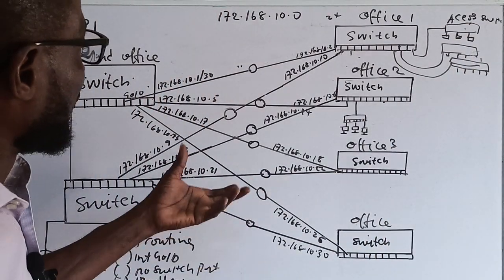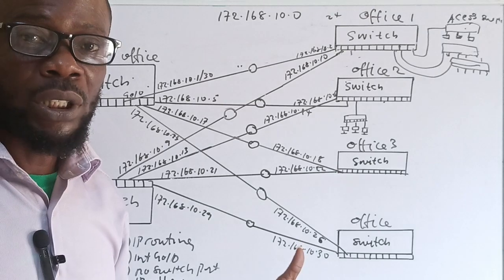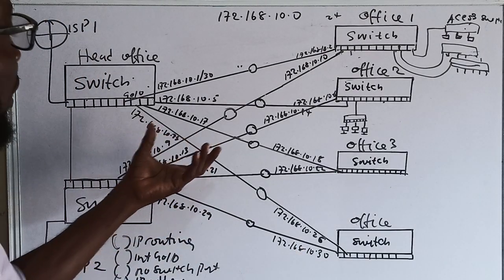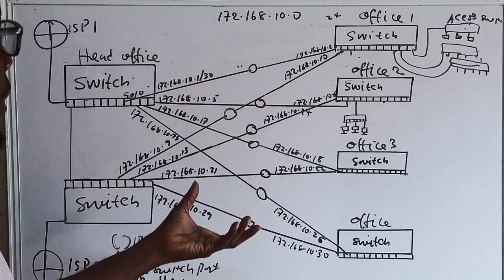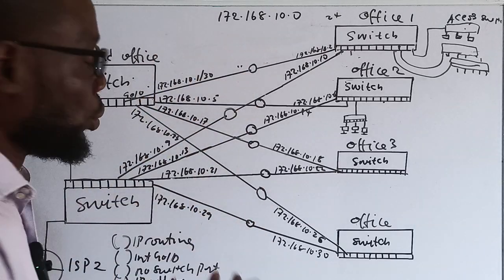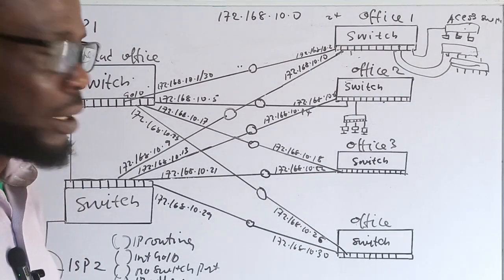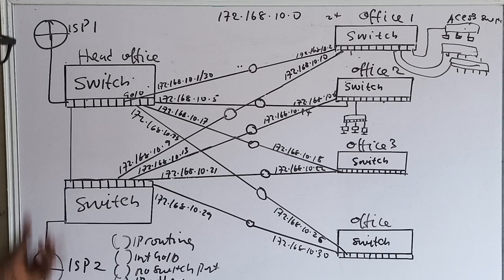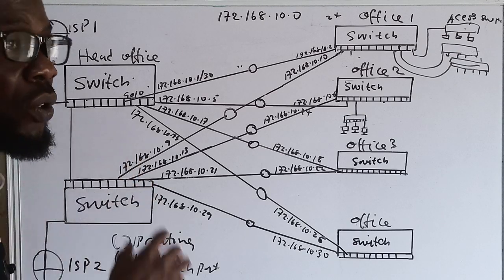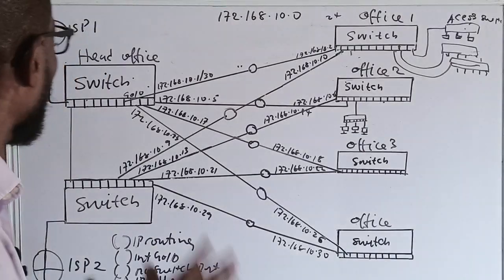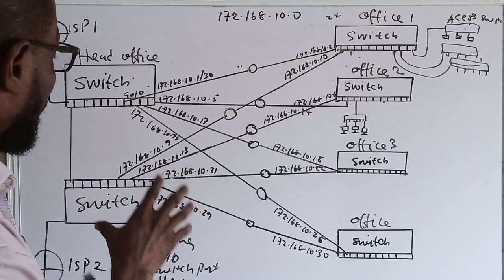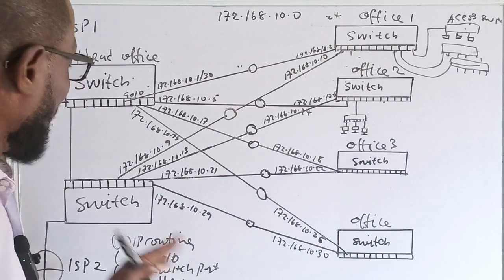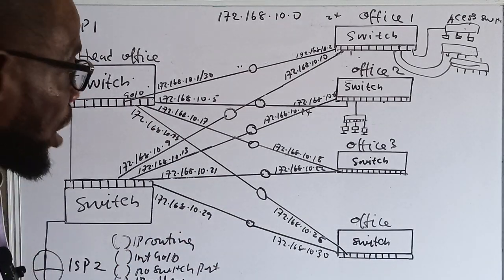Okay, so this is the way to build a metropolitan area network. You can see the address scheme here. You can see how I did the subnetting, how you create a layer 3 link and configure it with IP addressing. Now, for this ISP1, ISP2, you need to create what is called Hot Standby Router Protocol in this switch, so that one switch will be made server and one switch will be made client, or in most cases,